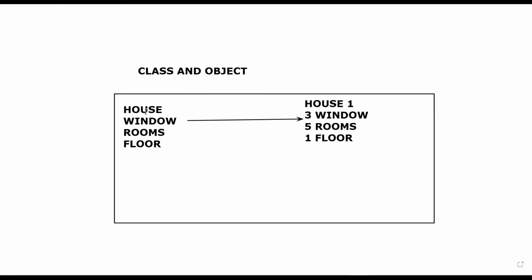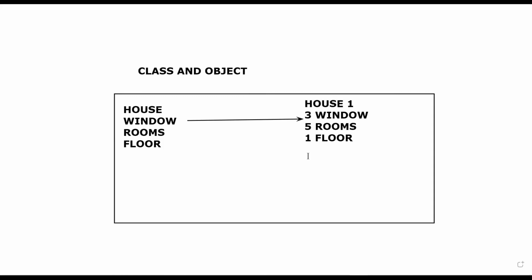So guys, a class is like a base entity, or you can say a base architect, on top of which you can build different objects. So you have created a base attribute. Now you can use that base attribute to build different houses. It's not like all houses will have the same windows, the same rooms, and the same floors. But I'm picking up the base architect, and on top of that architect, I'm using it to build different houses with the same plan, the same attributes and properties, but the number of those attributes is different.